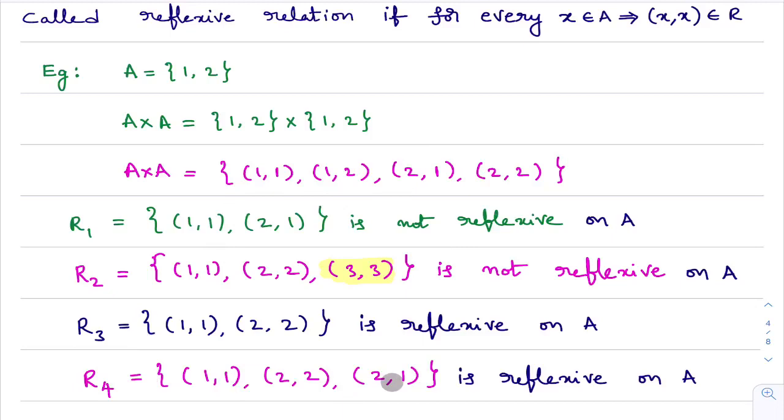Now you need to check whether this relation is a reflexive relation or not. How to check? You take an element 1 in set A. 1 comma 1 is there in this relation? Yes. You take 2 in set A. 2 comma 2 is there in this relation? Yes. Here one more element is there, 2 comma 1. Do not worry about this. What we want, first of all, is this a relation on A or not? Yes. Second point, this condition is satisfied or not: for every x in A, ordered pair x comma x is there in the relation or not. That much only you need to check. If one more element is there, it's okay, no problem.